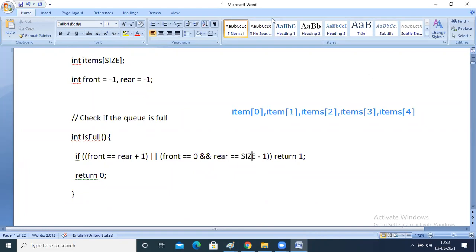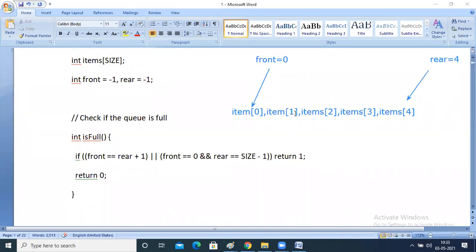So here front is equal to 0, rear is equal to size -1, so then also it is overflow.